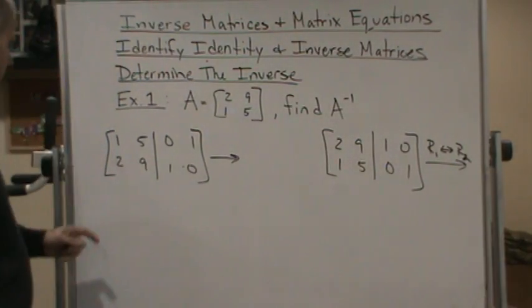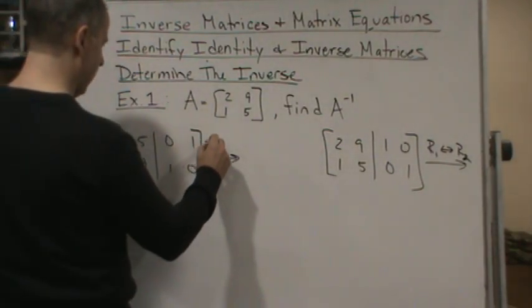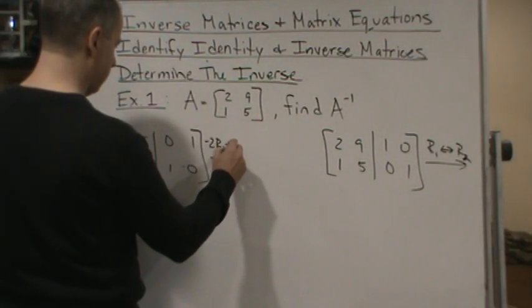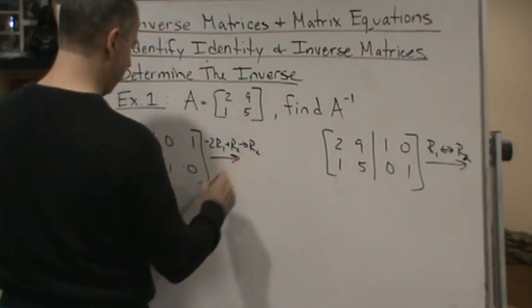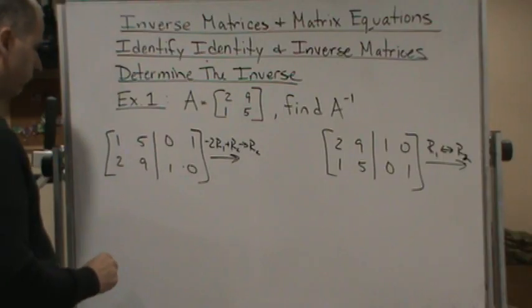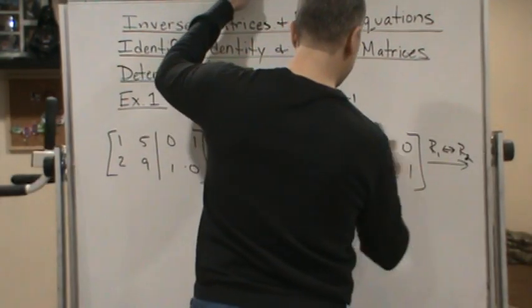And then now what I'm going to do is I'm going to eliminate the 2. So I'm going to do -2 row 1 plus row 2, and I'm going to replace row 2. Okay? And so that's going to give me now